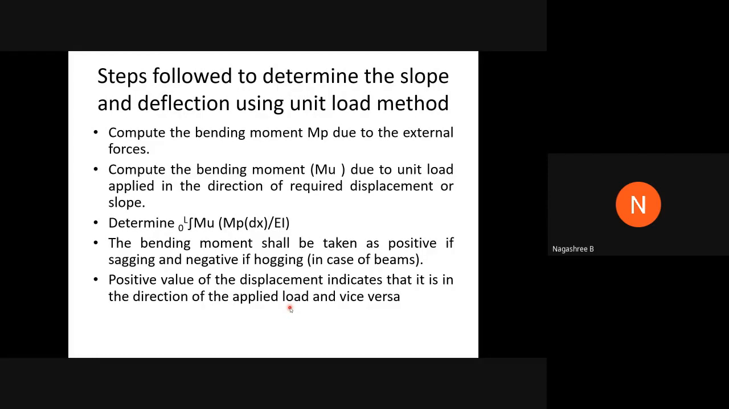So these are the steps. First, we determine the bending moment for the real load. Second, we apply the unit load at the point where we are going to compute the slope and deflection. Third, we determine the deflection by using the integral we have calculated. Fourth, the sign convention: the sagging moment is considered positive, and hogging is considered negative. And fifth, a positive value of the displacement indicates that it is in the direction of the applied load. If the displacement is in the opposite direction of the applied load,